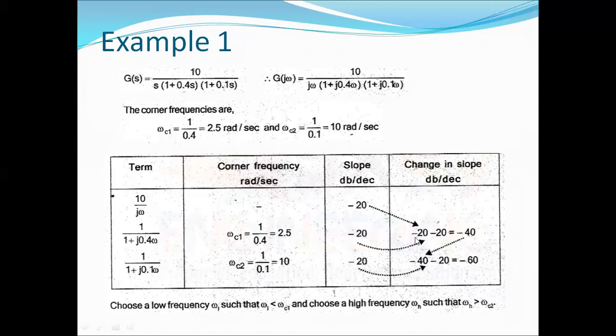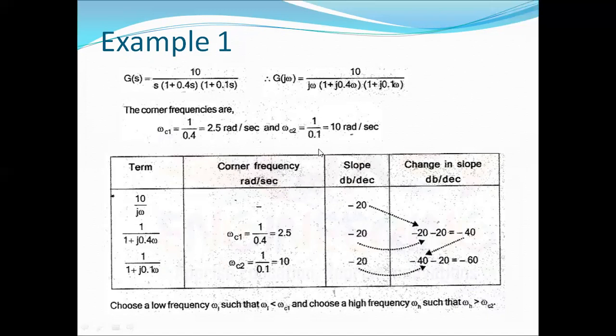This is the change in slope. So the curve initially starts with minus 20 decibel per decade, and at this corner frequency 2.5, the slope changes from minus 20 decibel per decade to minus 40 decibel